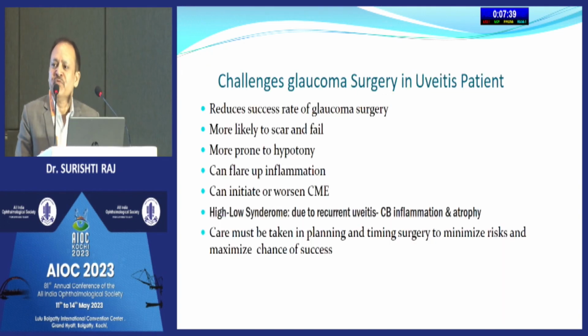So what are the challenges we face in glaucoma surgery in uveitis patients? Uveitis reduces the success rate of glaucoma surgery, it is more likely to scar and fail, and there is more chance of hypotony. It can flare up the inflammation, and it can also initiate or worsen cystoid macular edema, and hypotony due to the recurrent uveitis cycle. There can be ciliary body inflammation, ultimately leading to atrophy. So care must be taken in planning and timing the surgery to minimize the risk and maximize the chances of